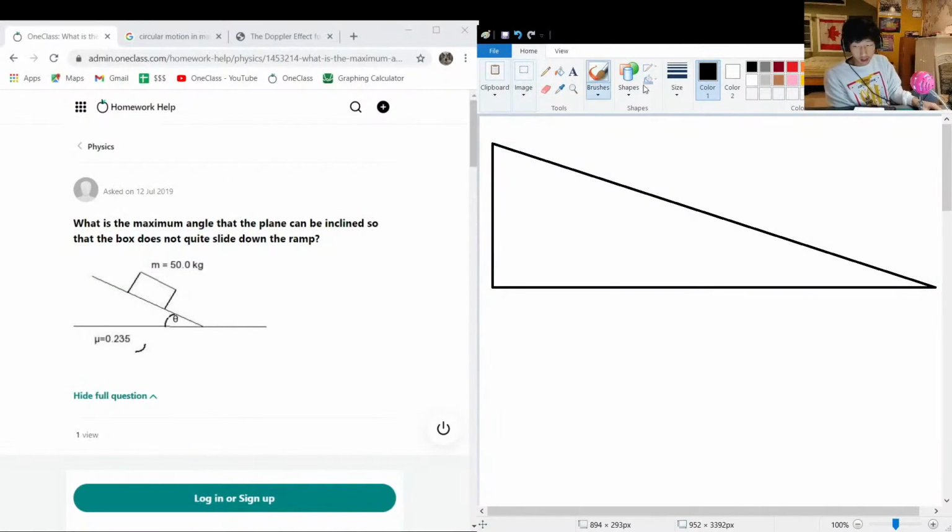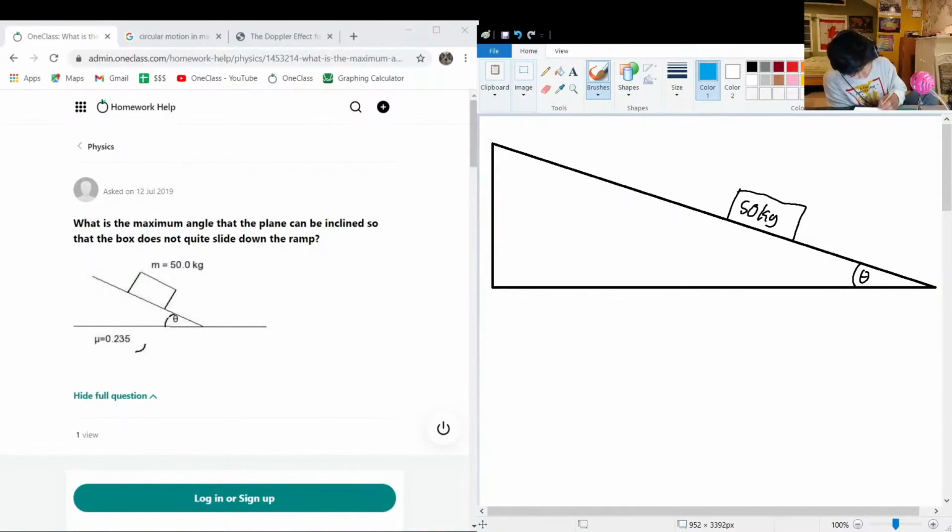But let's get it started here. So we have a 50 kilogram mass like this. 50 kg. Okay, now we have no idea what this angle is. We want to find the maximum angle at which this will not be slipping down here. Okay, and the only thing that is preventing it from slipping is the frictional force. Okay, so let's actually draw all of our forces onto this system. I'll draw the forces in